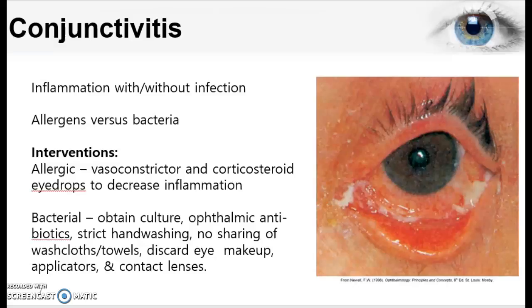of and not reused. And if you think about it from a healthcare worker standpoint, if we should get one of these, we really are not allowed to work. I'm not sure if you know that, but if you have this, you have to get really a clearance from a physician to be back caring for patients, because you can not only contaminate your patients that you're caring for, but you may be rubbing your eye, touching a doorknob, some other caregiver or worker you work with touches that, and then they contaminate somebody, as it's highly contagious often. So just know that there are a lot of specific things you want to educate your patient on related to